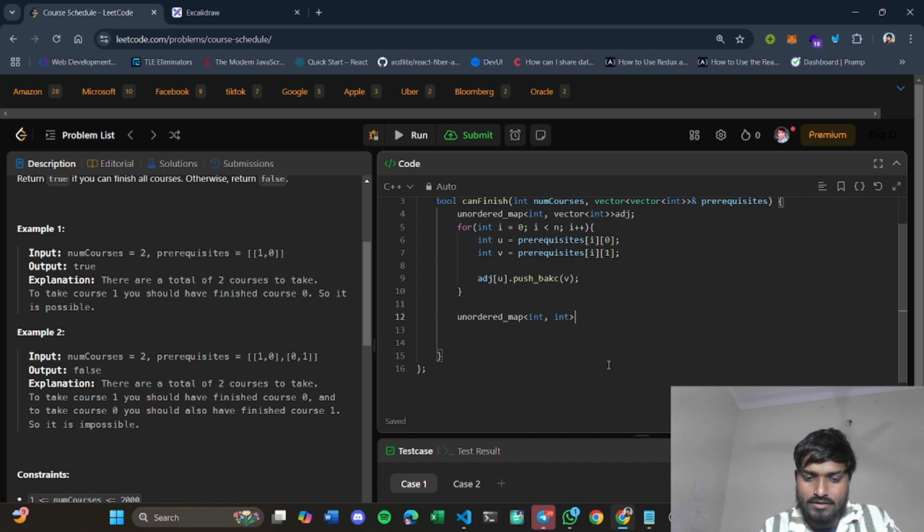So int comma int visited, right? Another is of the same type. So basically control plus C, and the type of it will be int comma bool. Basically we have to check whether the DFS call has been done or not. Okay,